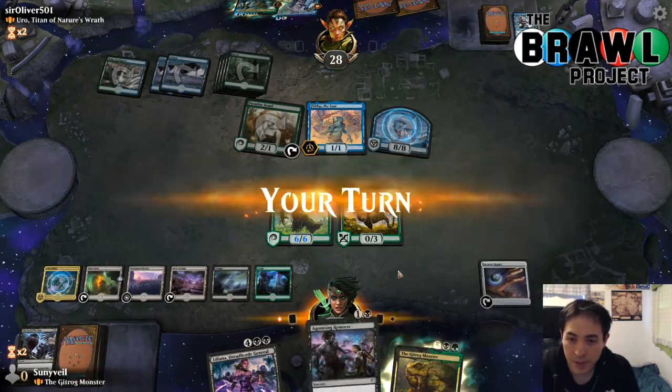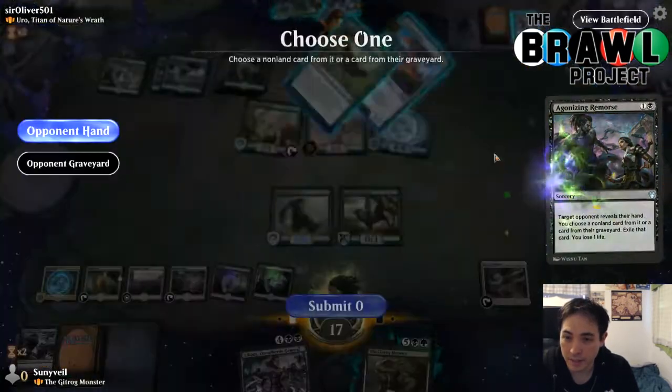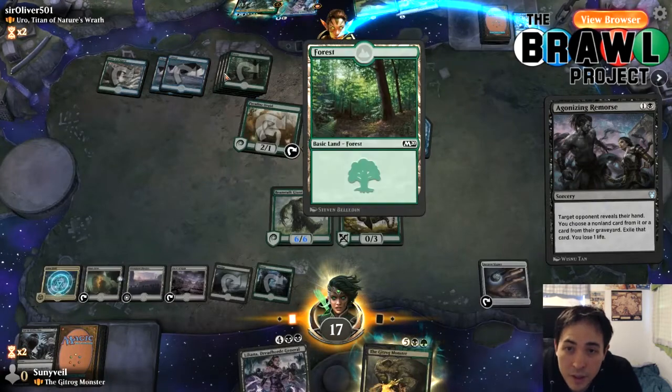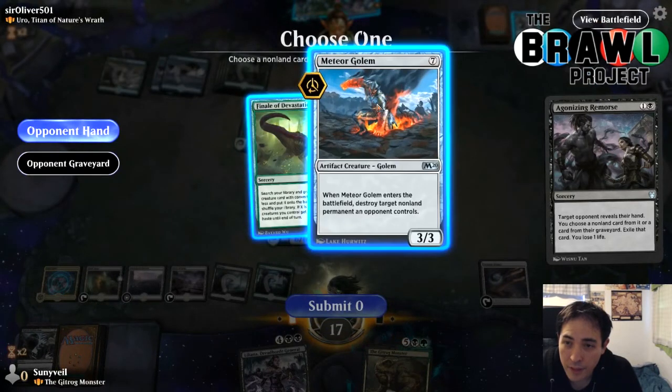Well, first thing we'll do is Agonizing Remorse. 1, 2, 3, 4, 5, 6. Yeah, we've got enough to do this then. Liliana. Finale of Devastation and Meteor Golem. Lovely. Okay, let's see. They have 1, 2, 3, 4, 5, 6. So they can get a 6-drop. I think I'd rather have them have a Finale of Devastation than a Meteor Golem into my... Although...